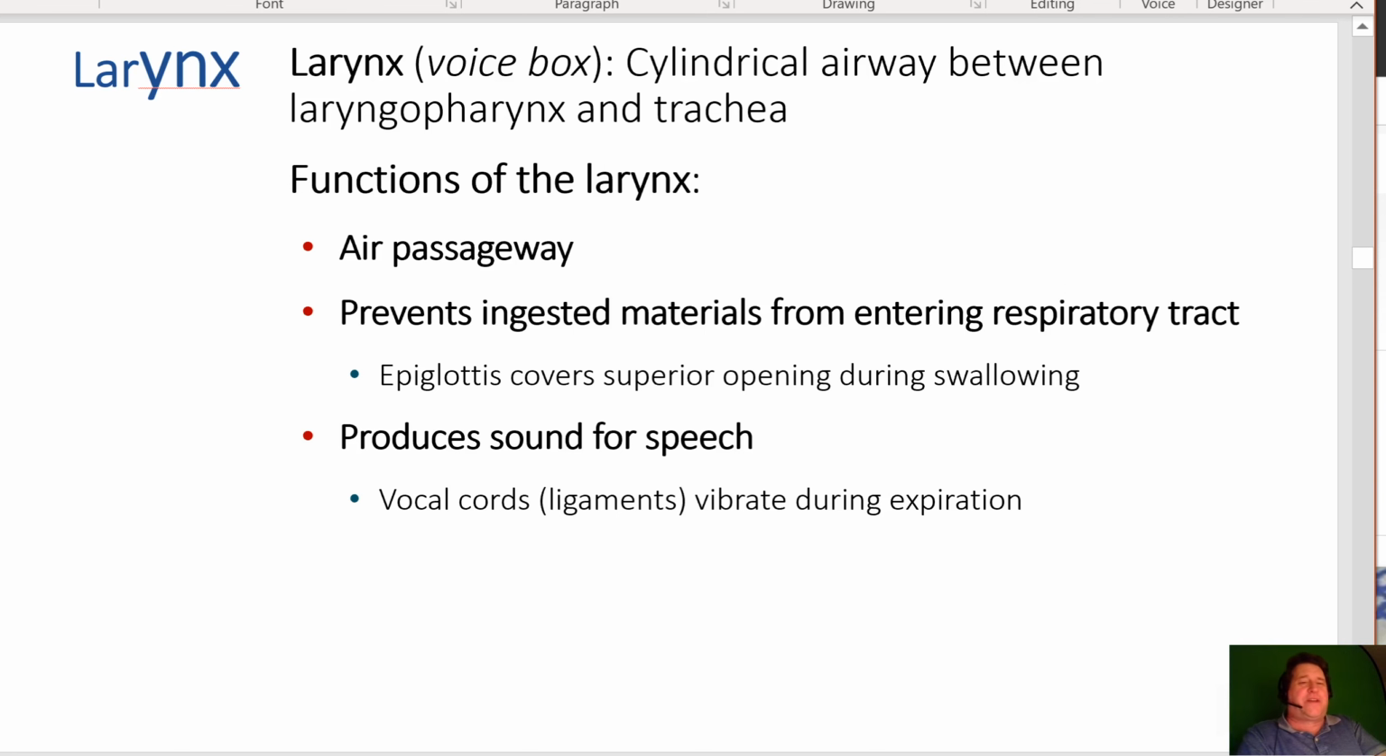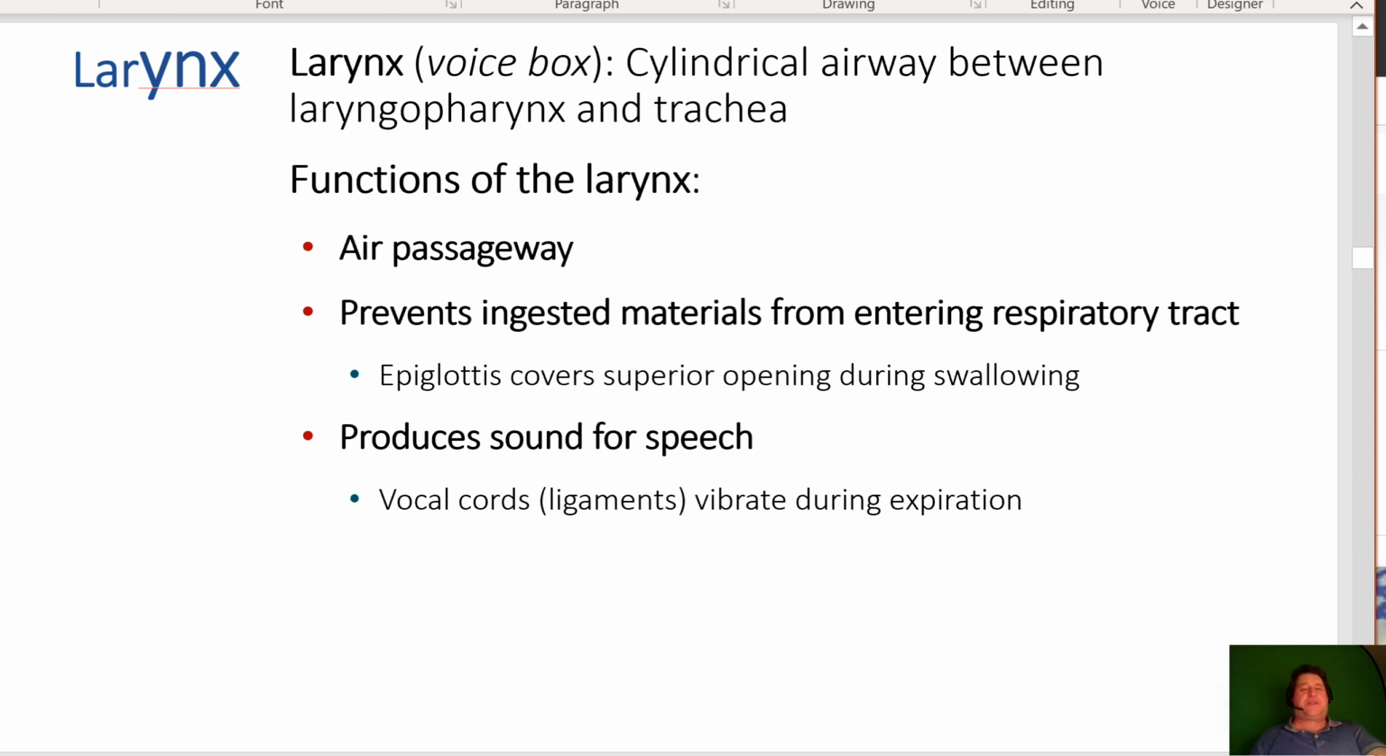So past that, we get to the larynx. Again, those structures are shared with the respiratory system and the digestive system. So it goes to the esophagus if it's the digestive system, and then, of course, it's food and water. But the air goes down into the larynx. The larynx is also the voice box